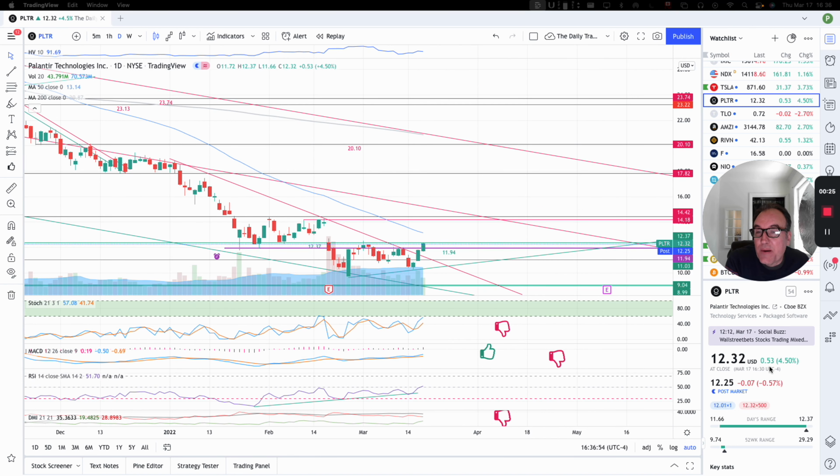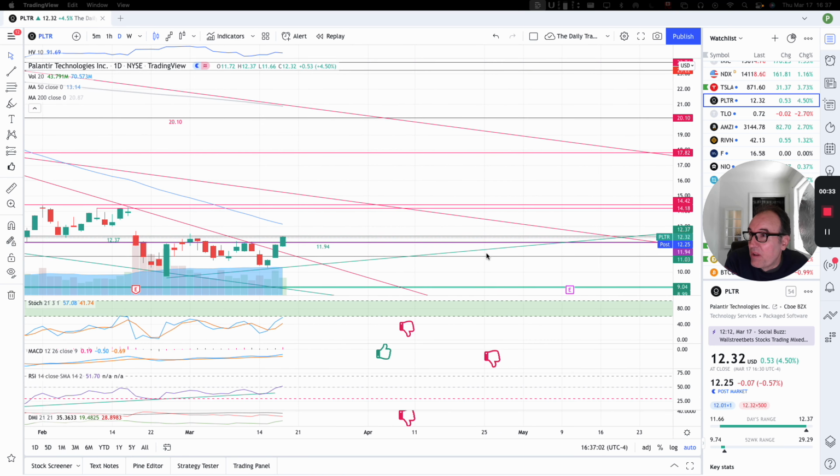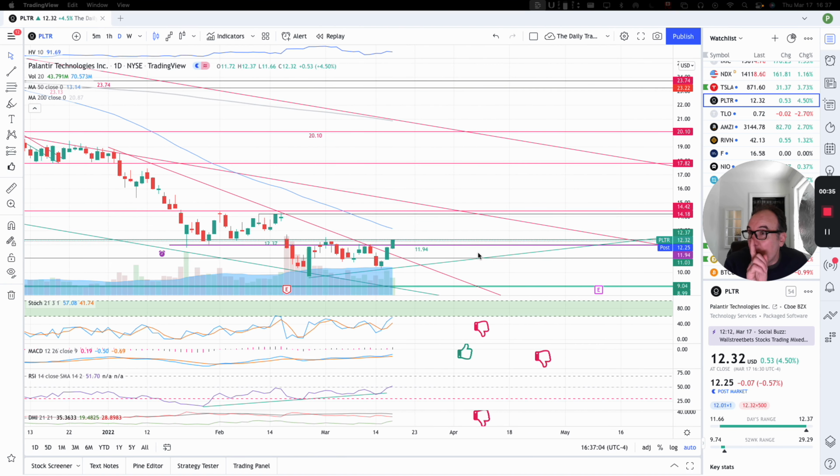Okay, so Palantir, nice big move today. We closed up 53 cents, that's 4.50%, closed at 12.32. Post market, we are down 7 cents. That's reasonable. Look at this here. We broke 11.94, like we did March 1st and also March 2nd. So we broke 11.94, but we did not break